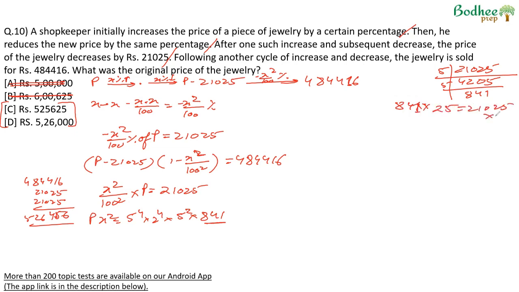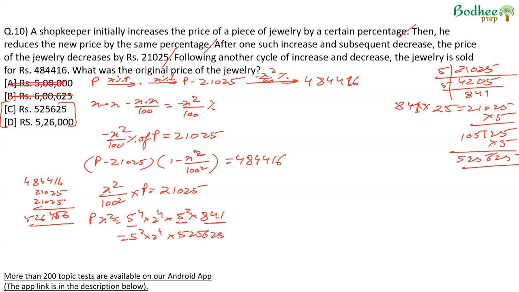If I multiply this by 5 further, because my options are 0 and 5, so once I'll keep multiplying by 5, that does not work, I'll start multiplying by 2. This becomes 105125. If you multiply this by 5 further, we'll get 525625, which is one of the options. So what we can do is, we can take these two 5s and 2 5s from here, multiply to 841. We'll get 5 square into 2 raised to power 4 into